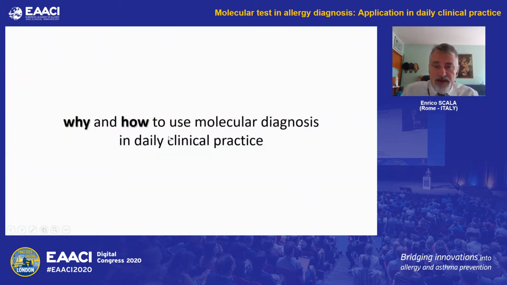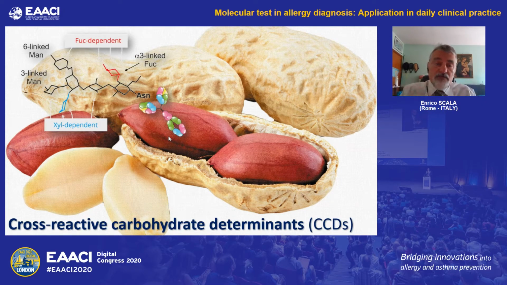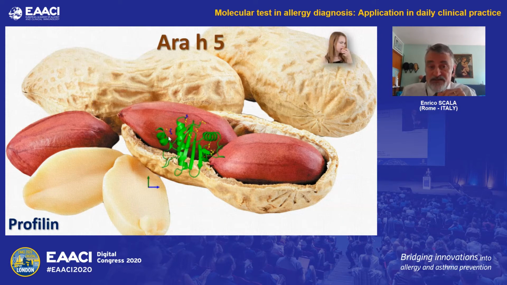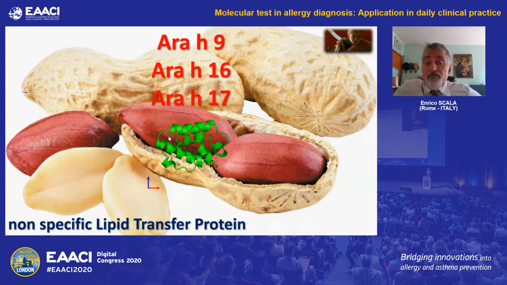And the first two questions are why and how to use molecular diagnosis in daily clinical practice. Starting with the first question, the answer is quite simple. Because when you have a given sensitization, for example, to peanuts, you have to know if such sensitization is without any clinical relevance, such is the case of CCD sensitization, or you are in the presence of hyperreactivity to labile molecules with slight clinical symptoms, such is the case of profilin or PR10 sensitization, or if you are in a